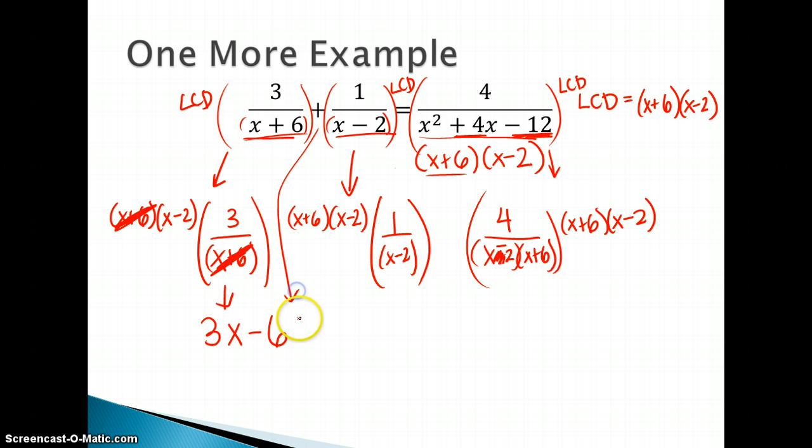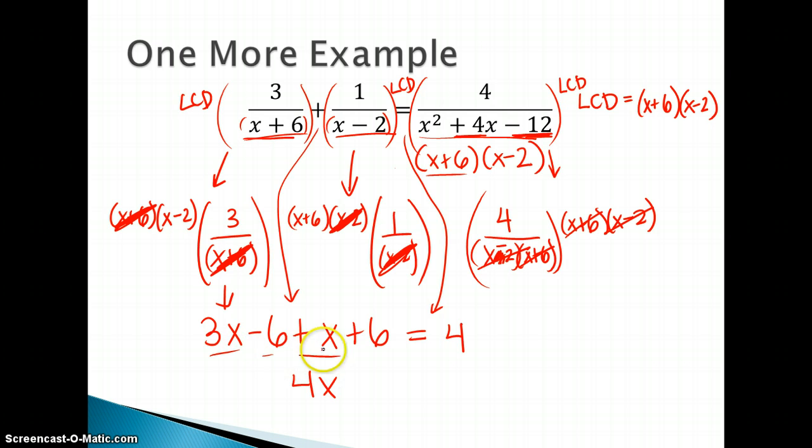Bring down the plus sign. X minus 2 in my second term cancels out. So I'm left with x plus 6 times 1, which is x plus 6. Bring down my equal sign in between. And if you notice in this last term, x minus 2 cancels out, and so does x plus 6. So all I'm left with is 4. It makes this ugly problem to start out with look much nicer. Combine like terms, 4x, negative 6 and positive 6 makes 0. So x has to be